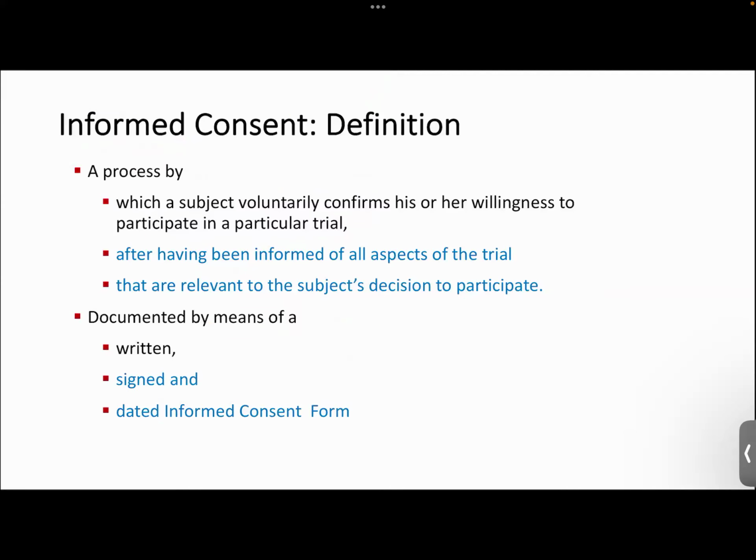This is the definition by GCP. As I showed you, you can also download the document and learn the actual definition. First of all, it is a process. This is also sometimes a trick question an interviewer may ask you: is informed consent a one-time process? No, it is an ongoing process, an ongoing event, because if something new has come up, you have to share it with the patient. So it's always ongoing. This is why it is known as a process, by which a participant voluntarily confirms their willingness to participate in the trial.